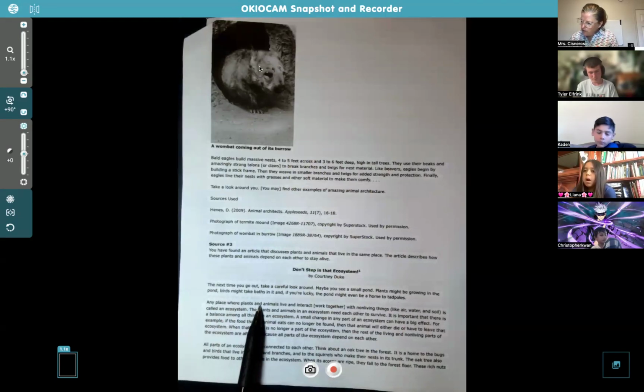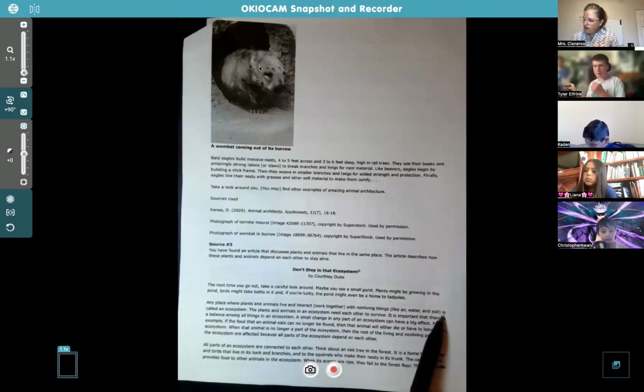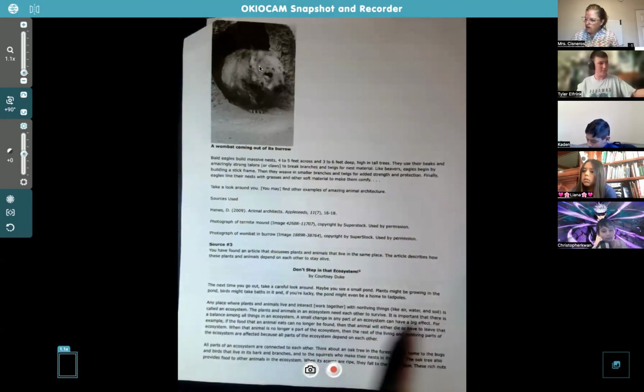Any place where animals, plants and animals live and interact or work together with non-living things like air, water, and soil is called an ecosystem. The plants and animals in an ecosystem need each other to survive. It is important that there is a balance among all things in the ecosystem. A small change in any part of the ecosystem can have a big effect.